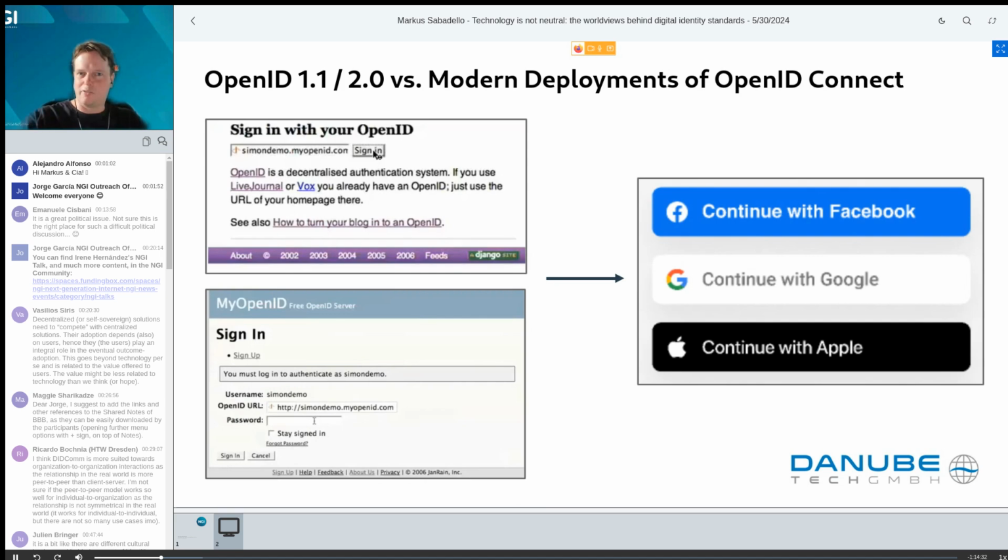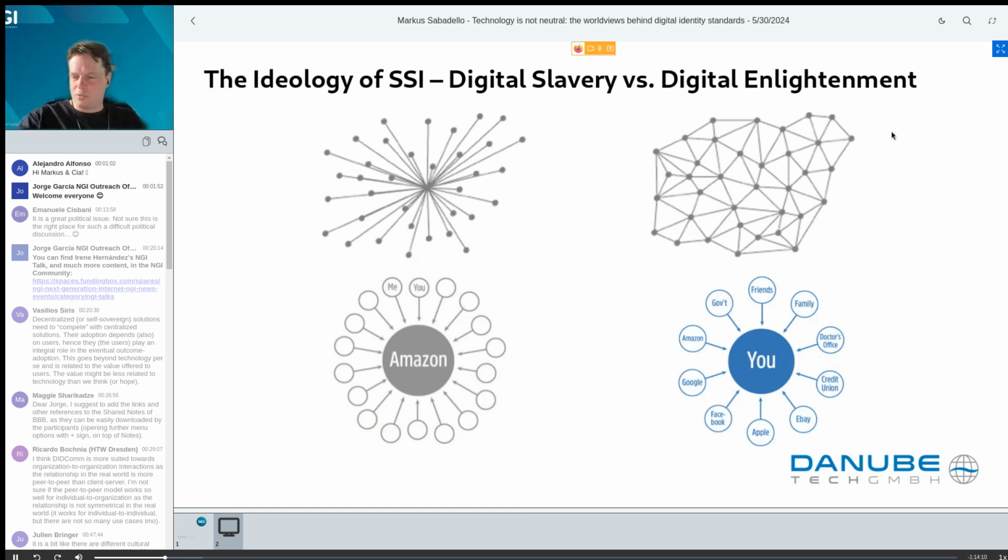But the values behind that, and the topology and the way it's being used, is very different, because now suddenly you don't really have your own identity on the web anymore that you use to log in, but you're using a centralized provider. Based on that, I'm also showing these diagrams that I think a lot of people know already, but this shift towards centralization of the OpenID protocol in some of these deployments has to do a lot